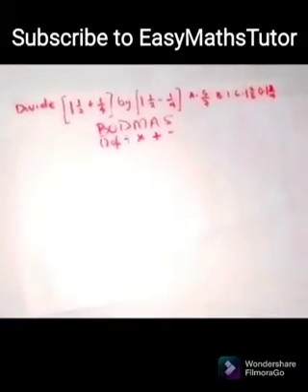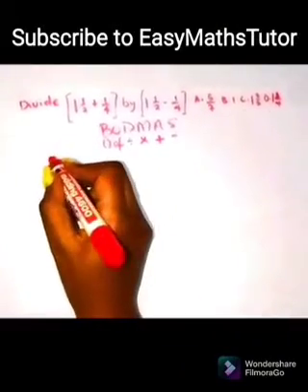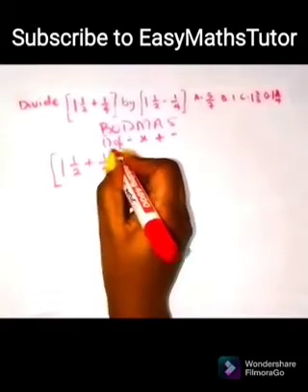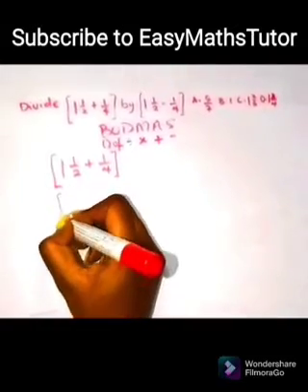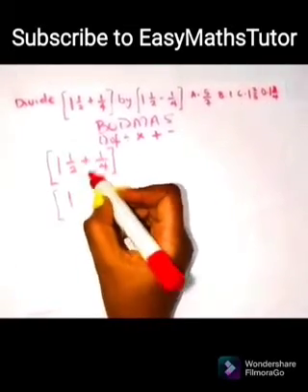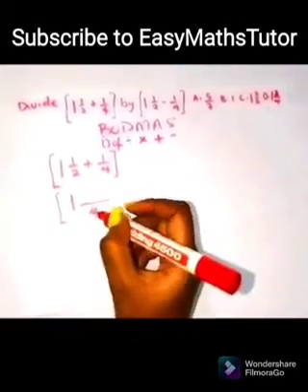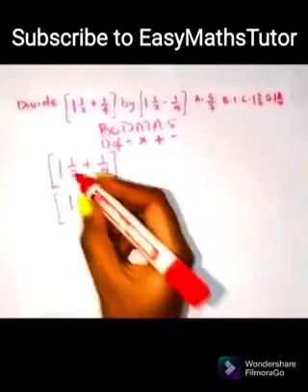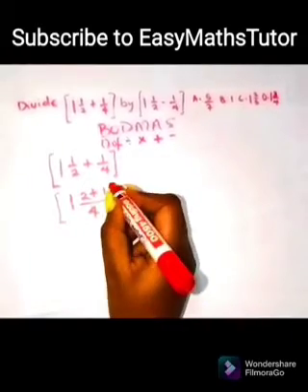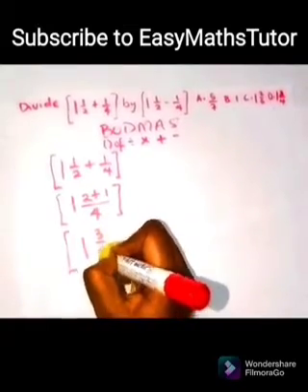So first of all, we'll solve the problems inside the bracket first. The first bracket is 1 whole number 1 over 2 plus 1 all over 4. So we have a whole number, so we take it. The whole number here is 0. So 1 plus 0 gives us 1. Then the LCM of 4 and 2 is 4. 4 divided by 2 is 2 times 1. 4 divided by 4 is 1 times 1. So we will have 1 whole number 3 all over 4